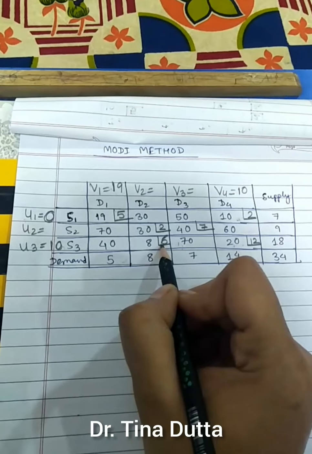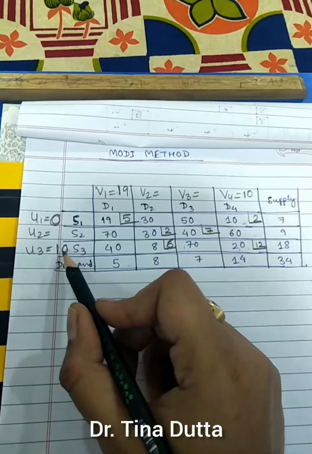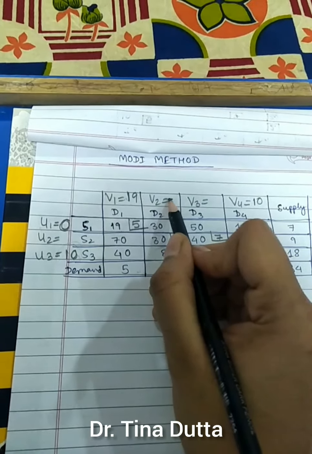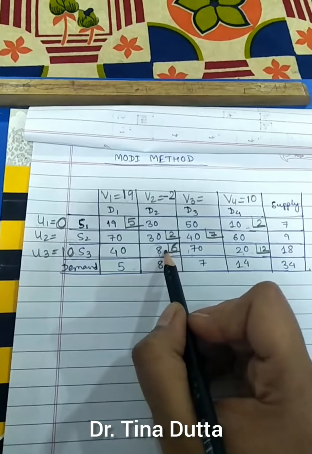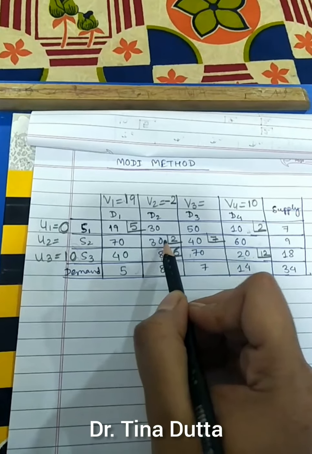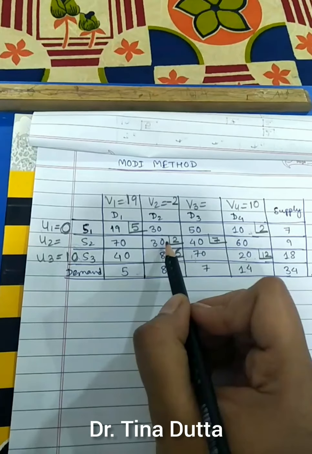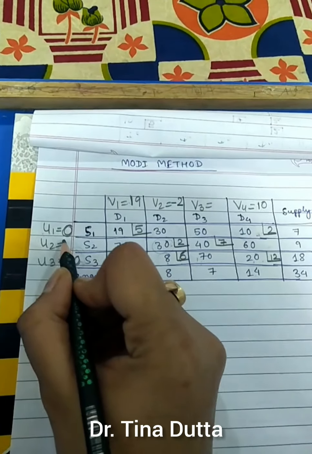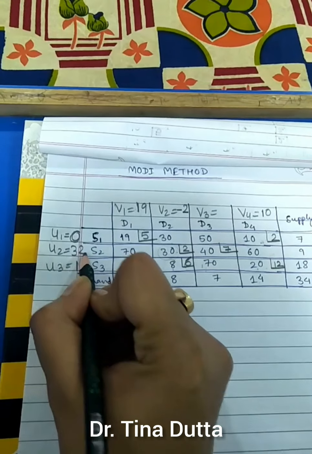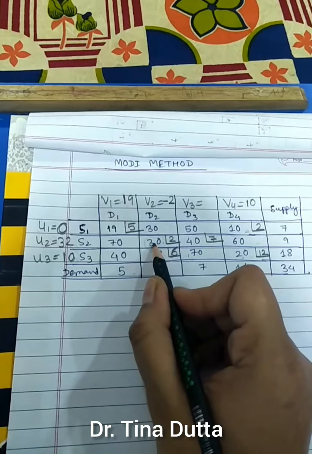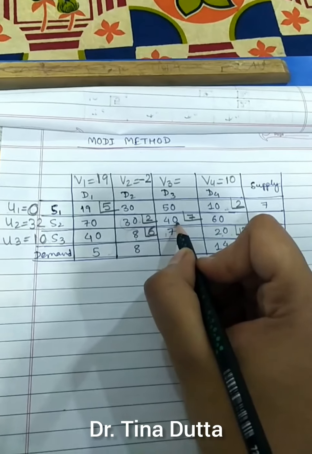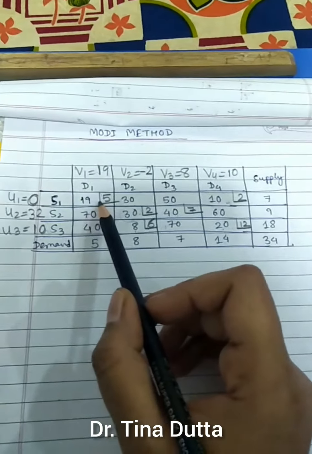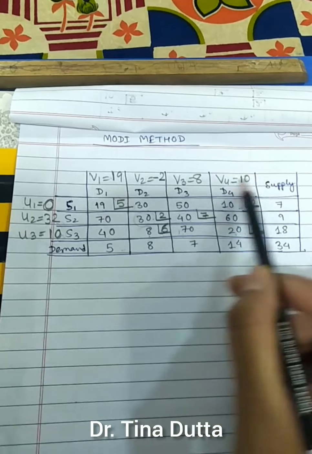Then this cell, this is again an occupied cell. So 10, how much should I add to 10 so that I get 8 minus 2? So V2 will be minus 2. This cell is again an occupied cell, so minus 2 is there. How much should I add to minus 2 so that I get cost equal to 30? It is 32. So 32 minus 2 is equal to 30. And similarly V3 value I will calculate. This is 8. So I have obtained all UIs and VJs.